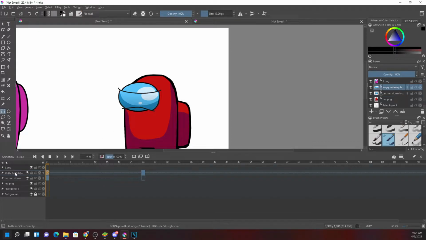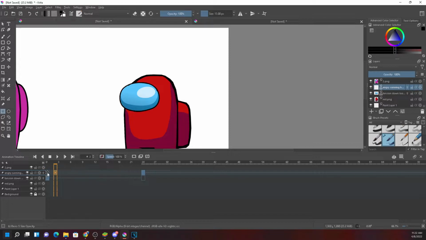Now you can see the problem: the angry eye is visible, but the angry eye should be visible only from the 24th frame. Recently I said that if you create a duplicate frame in any place, a frame on the zero frame will be created, right? This angry eye is visible because there is a frame created on the zero frame, by default, until frame 23. So what should I do? I just need to delete this frame. It is created by default, so that is the main problem. You need to go back and delete this one.